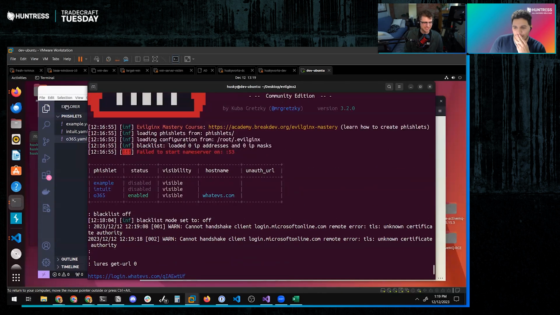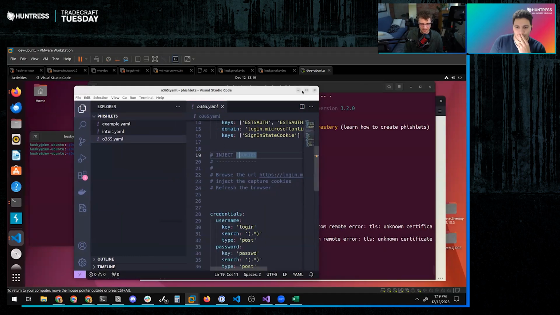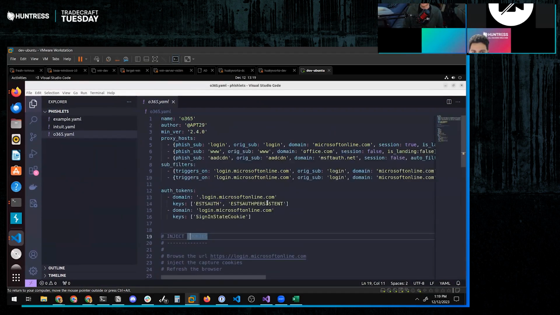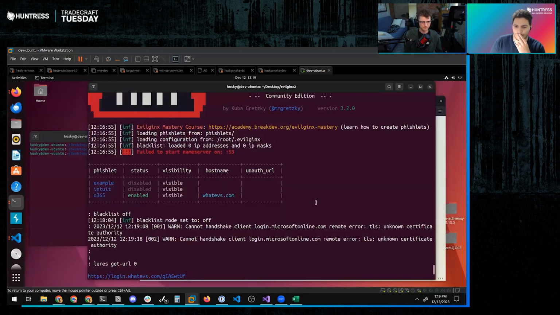The way that you set this up is that you bring in what's known as a phishlet into Evilginx. And a phishlet is the thing that sits between the actual login page and the person you're trying to attack. And it will broker the transaction. It'll say, okay, as this person visits my page, I'm going to take these parts of the web request and just forward them along. And then I'm going to take the response from the legitimate Microsoft 365 sign-in page, and I'm going to forward that along. It just shuffles it in between the two endpoints.